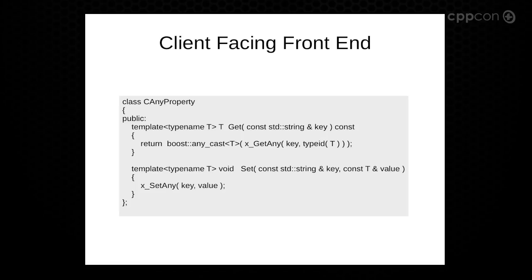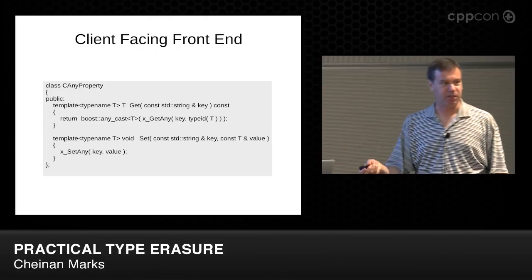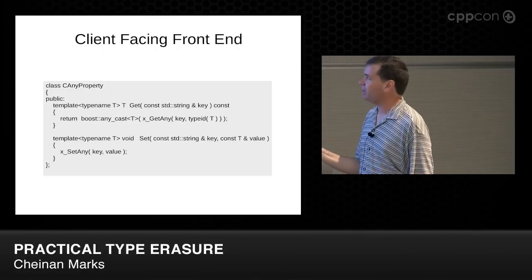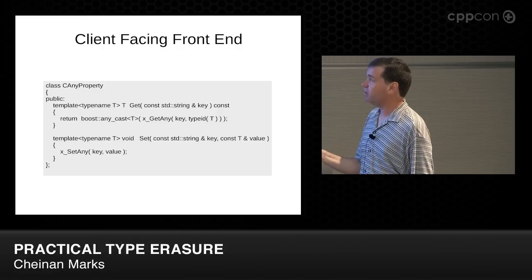So let's start looking at the implementations. The front end is very straightforward. All the front end does is it forwards the calls to private methods. In our framework system, the X prefix means private method. Here is where I lied about the implementation being hidden for the client. Because